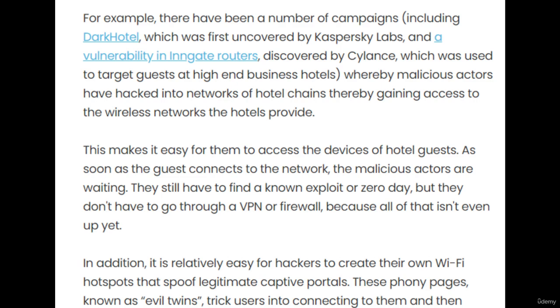In addition, it is relatively easy for hackers to create their own Wi-Fi hotspots that spoof legitimate captive portals. These phony pages, known as evil twins, trick users into connecting to them and then